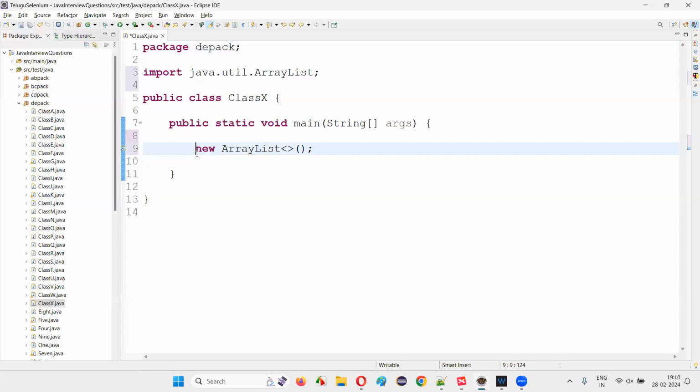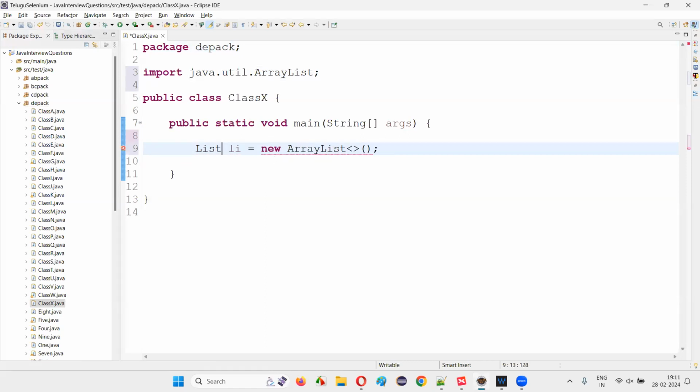Now, I would like to create an object reference. Let's say li is the object reference. Now, I would like to declare this object reference not with the ArrayList class. I can do that with the ArrayList class like this, but I don't want to do that. I don't want to declare this li with ArrayList. Rather, I want to declare that with